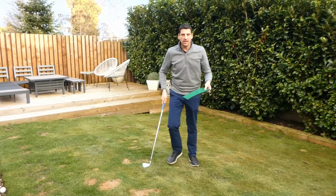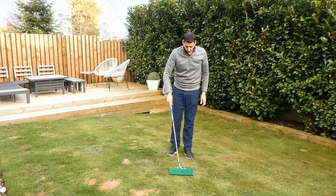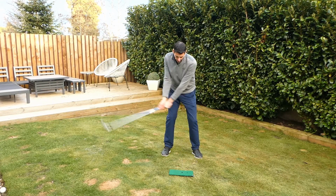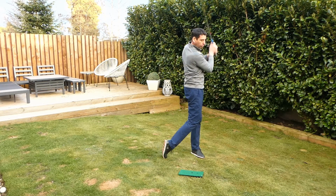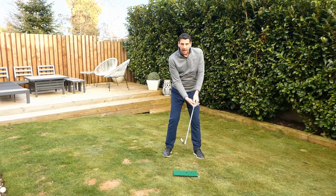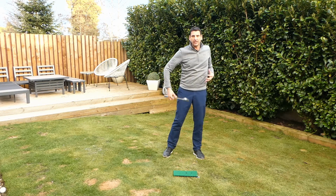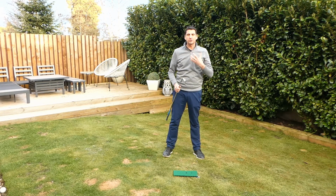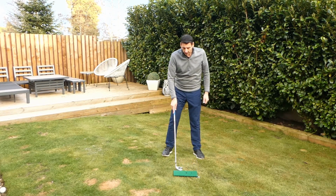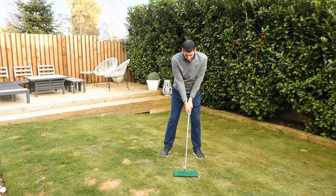But if I go back again just to let you see this exercise, if I pop the mat down, I'm focusing on the spot on the mat, and all I'm going to do is stand and make practice swings, trying to really make contact with that spot on the mat. Now because I have a visual aid there, I can see through the contact whether I catch a little bit early or a little bit late. What you will find is very, very seldom you'll see a player striking after the mark. You'll find as you practice this, it'll be more likely beforehand. So once again, just focusing on the spot,